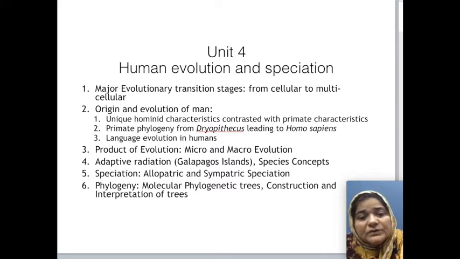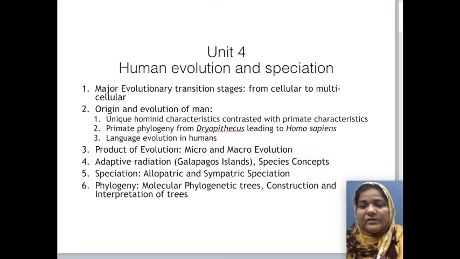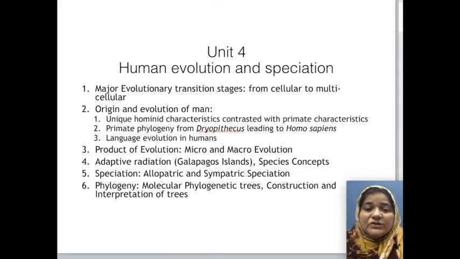then the product of evolution, micro and macro evolution, explained to you with the help of a very, very interesting experiment. And adaptive radiation, I'm sure you would have already been through in your previous classes. The Galapagos finches, at the Galapagos Islands, how Mr. Darwin, as a naturalist, once landed on the Galapagos, and how he simply observed the mind boggling diversity in the very closely related finches, how they had different kinds of beaks and different kinds of feet and sizes and shapes,